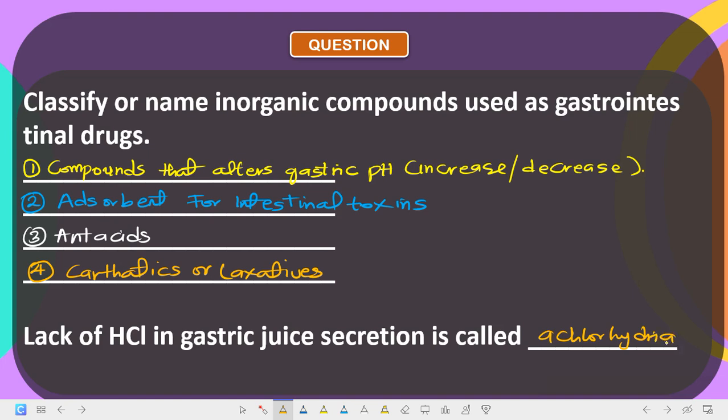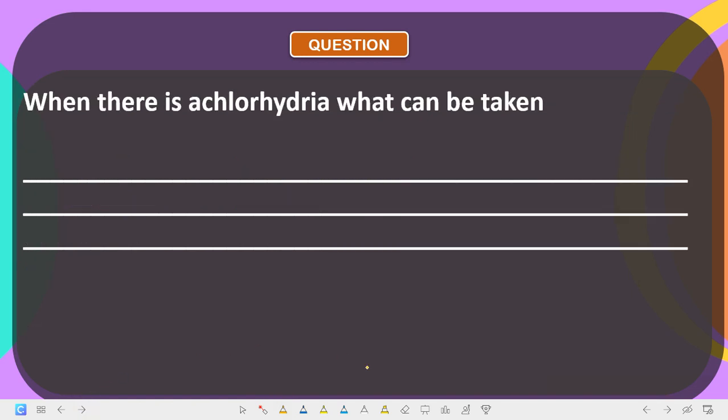Achlorhydria is the lack of HCl in gastric juice secretion. Now let's look at the next one. When there is achlorhydria, what can be taken? We can take dilute solution